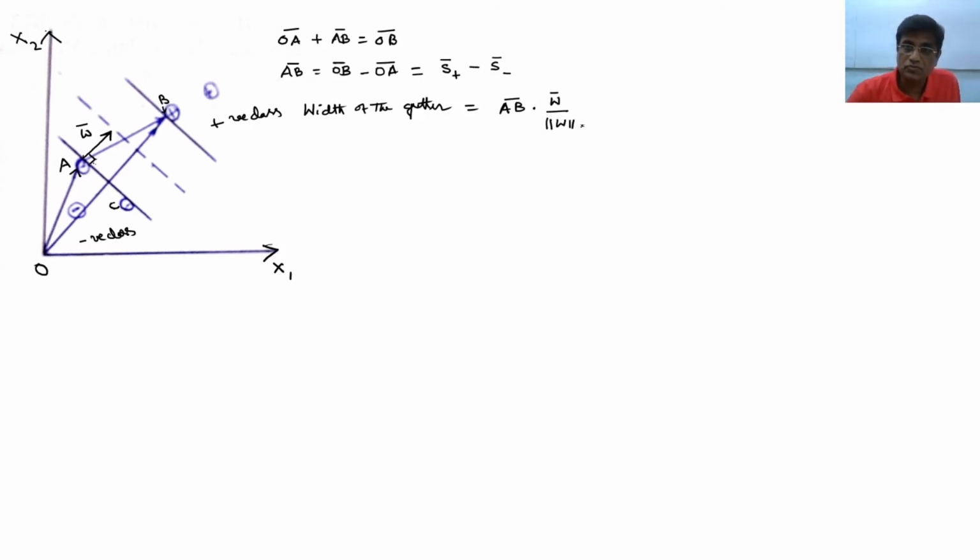This is the magnitude of the W vector. So this is very interesting to know. Now you know what AB is. So the width of the gutter will be equal to, in terms of support vectors,